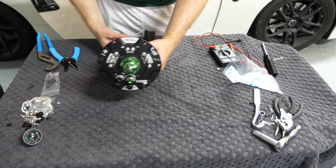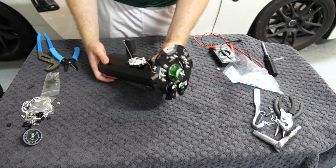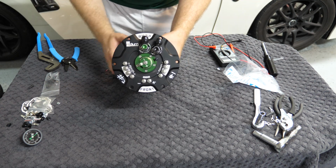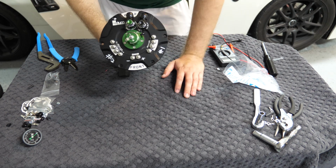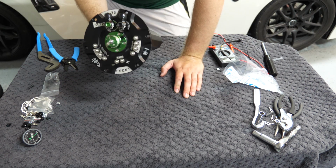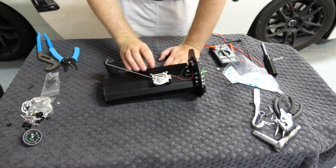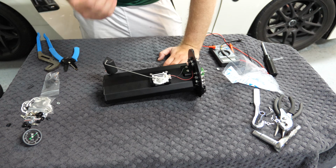So I've gone ahead and checked out everything. I've verified that nothing's shorted, as you just saw. I've also gone and labeled, as you can see there, which pump is which. Along with a positive and negative sign. I'll talk to you more about why I labeled the pumps separately in just a second, but we're pretty much good to go. We're going to take this surge pump and we are going to install it back into the